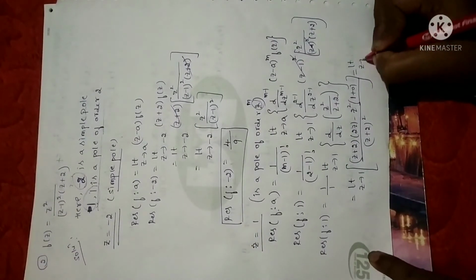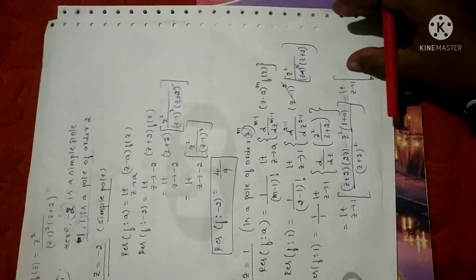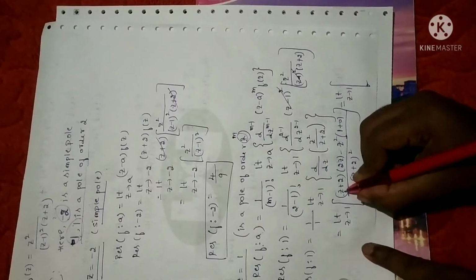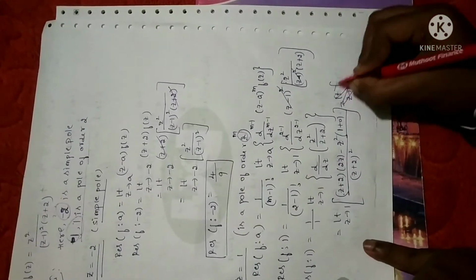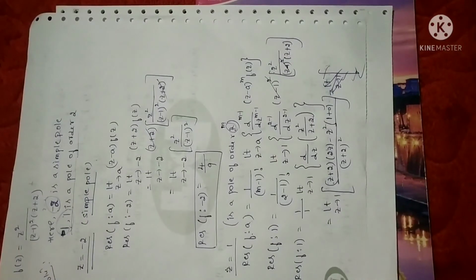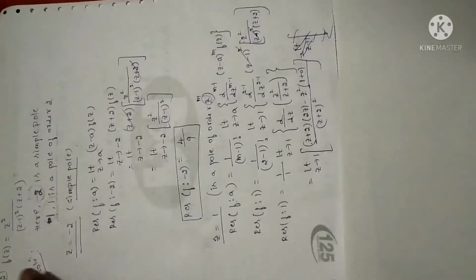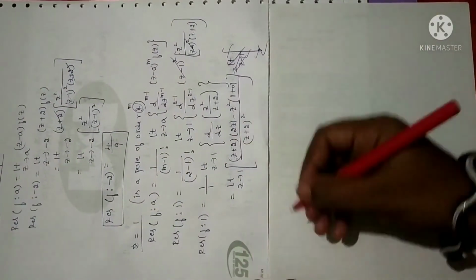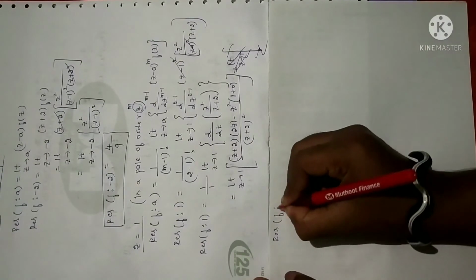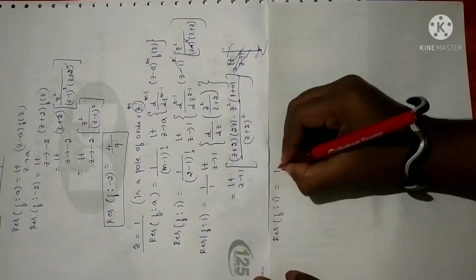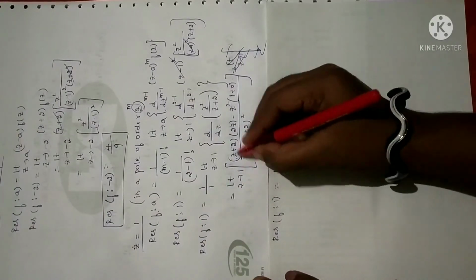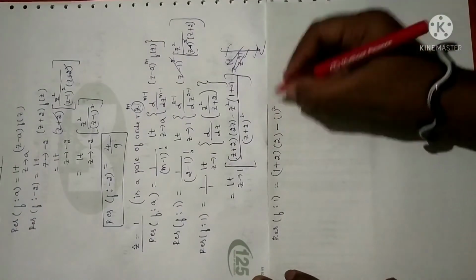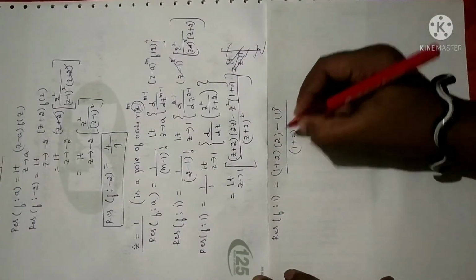Limit as z tending to 1. What can I write here? (z plus 2) I'll just write as it is. Why? Because I have to substitute the limit, right? So I'll just continue here. What I'm going to do is, in the next step, instead of writing each and every term, let me substitute the limit itself. So you'll get residue of a function f with reference to 1 will be, replace z with 1. The minute you replace the limit, no need to write limit again. So you'll get (1 plus 2) into 1 is 2, minus 1 square, 1 plus 0 is 1 itself. So (1 plus 2) whole square you will get.